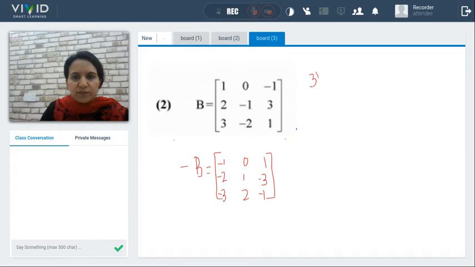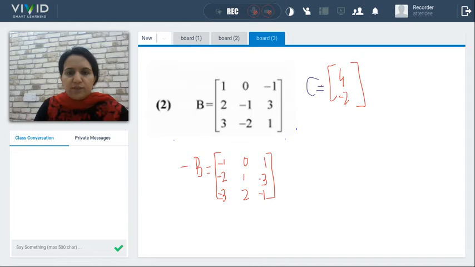The third part has only the matrix 4 and -2. This is the question, 4 and -2. We have to find the additive inverse of this C matrix. The additive inverse of this C matrix will be equal to -C. We will denote it with -C. Then its answer will be changing the signs of all the elements: -4, and changing the sign of -2